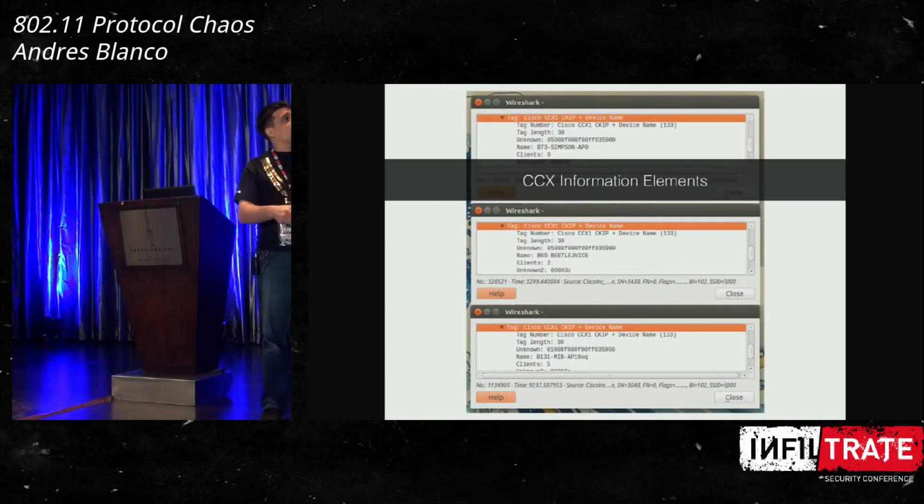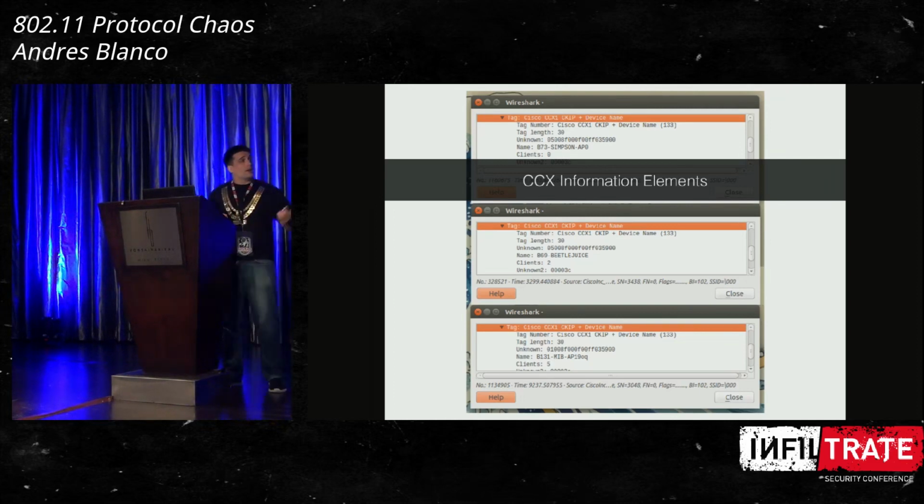But here, for example, we get topology information. These are 3 beacon frames. The interesting thing here is that they are not sending the network name into the air. They are not broadcasting the SSID, but because we have this information element from Cisco, we can see here that there's an access point called Simpsons, another one Beetlejuice, another one Men in Black. So these are access points that are in Universal Studios. So we can get information about where the access point could be or what section of the network they are plugged into.